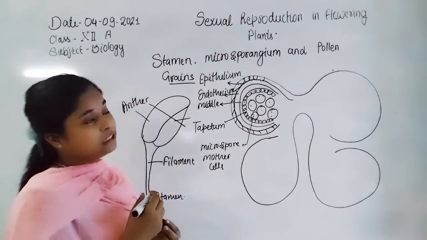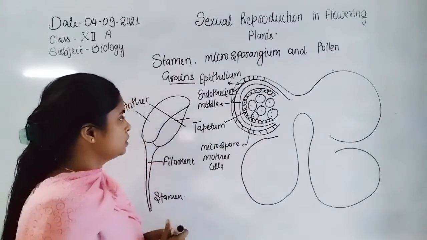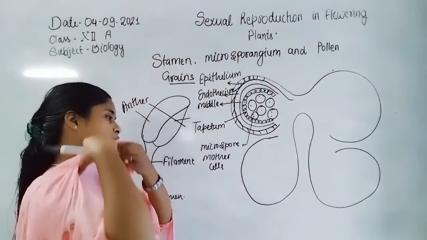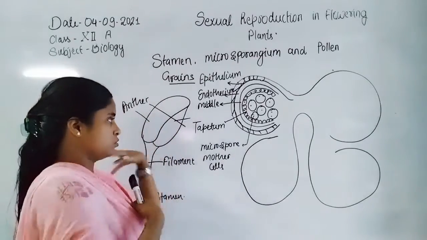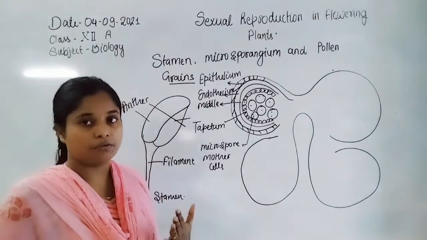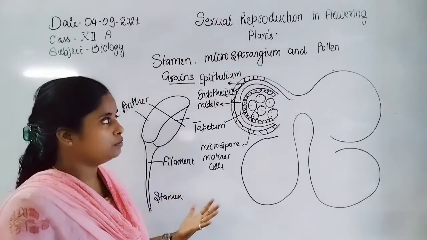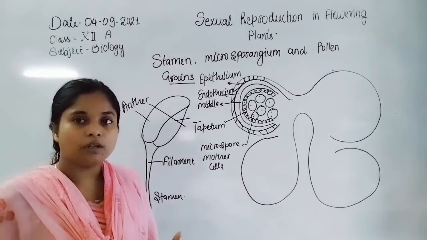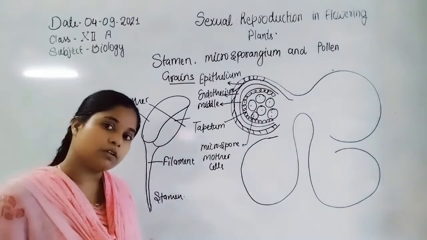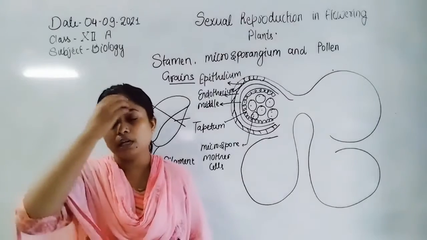How the pollen grain develops? This is the question mostly asked in board exams also. How many meiosis divisions are required for the synthesis of, for example, 4 pollen grains, or 8 pollen grains? How many meiosis divisions are required for the production of 100 pollen grains? This is just an example.